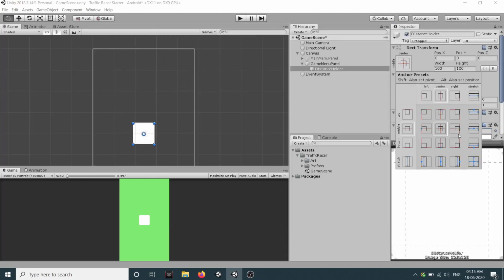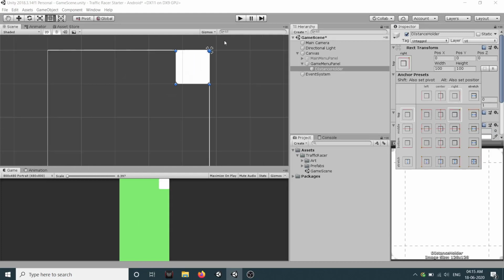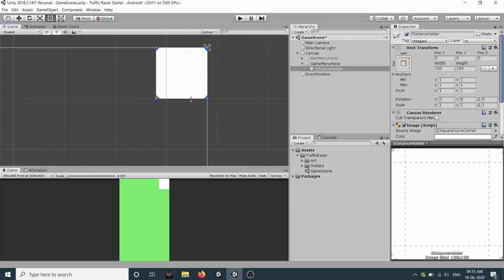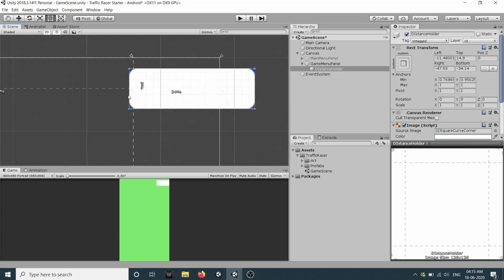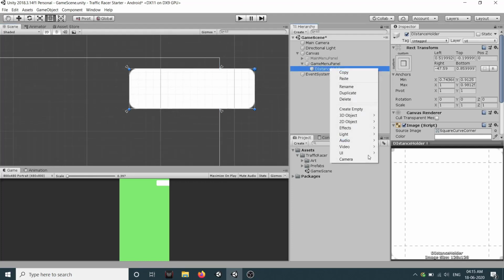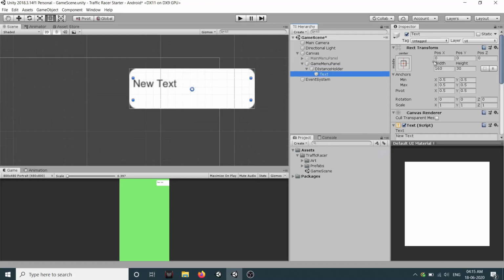Holding shift and alt, select this top right corner, and it gets anchored to here. Let's change its size, move it down. Let's move this back, and let's move this front, and again anchor it. Right now you can't go beyond your screen size, so you have to anchor it like this only. And inside that we will have our text.